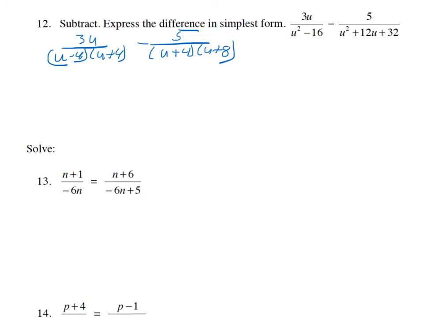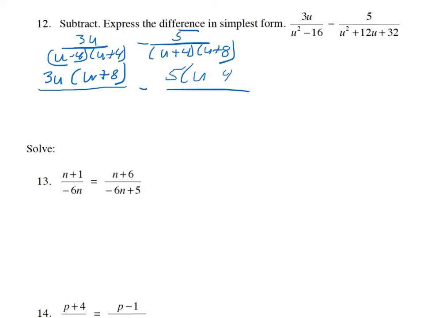going to show a little bit of a shortcut that you could possibly use. If you don't quite follow me, use the same process that I used in question number 11. But most of you in class have realized that if you compare each of these, notice you're missing here a u plus 8. So what you do is you just take that 3u and you put a u plus 8 right there. Alright, now looking here, notice what you're missing from two of these. Well, you're missing a u minus 4. So when you write this down, you're going to go 5 times, I'm sorry, not plus, but